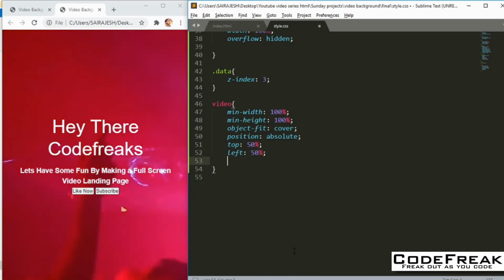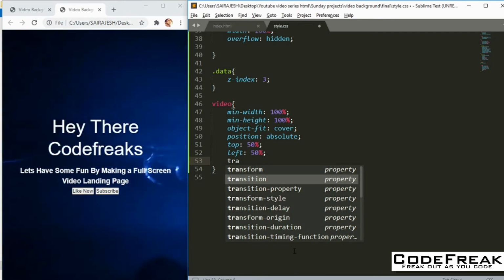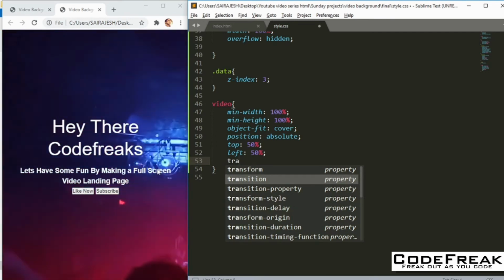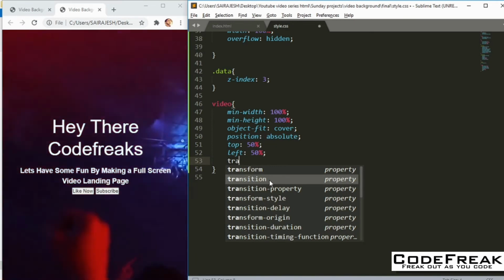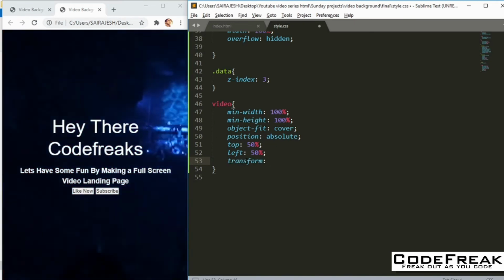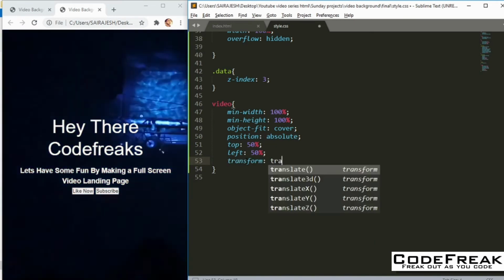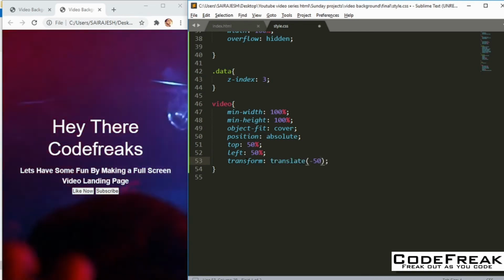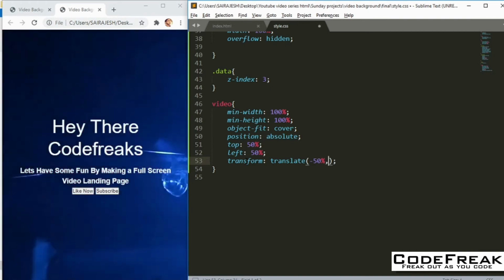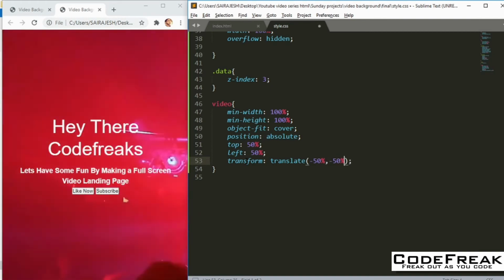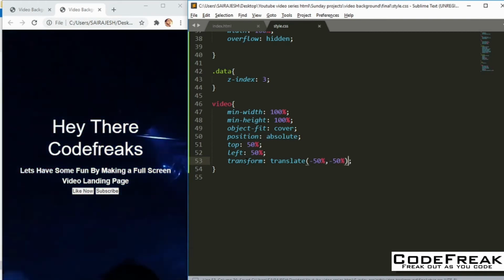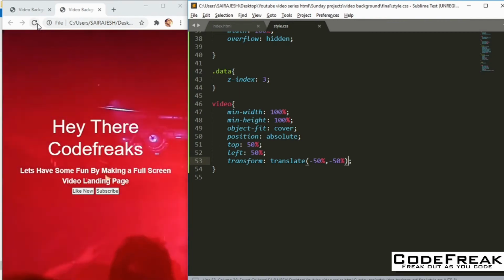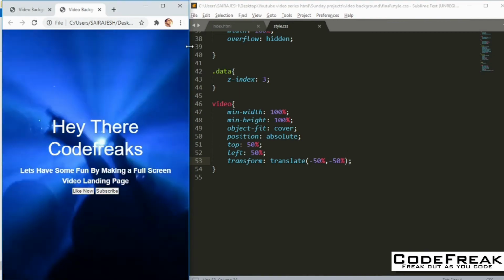So top, left, and then you can use the transform property. Right now it's going to start from the middle over here, but you want to basically make it in the same place, right? So you can use the translate, and minus 50%, comma minus 50%. That will help us out a lot. So if I say this, now you should be able to get that animation that we wanted.